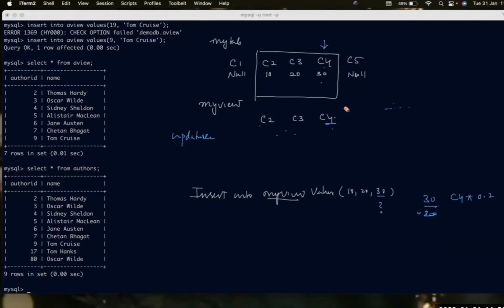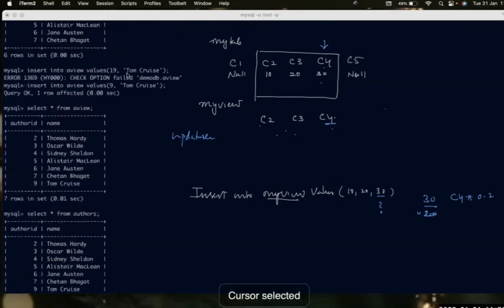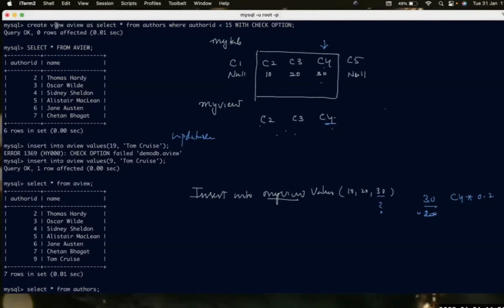But when you're writing this query, how did we create this view? Create view A view as a select statement. If the select statement has anything special inside it, like having a derived column, or you have a group by operation,